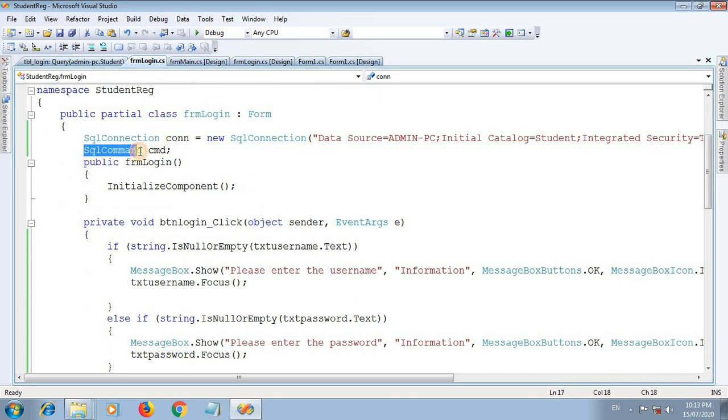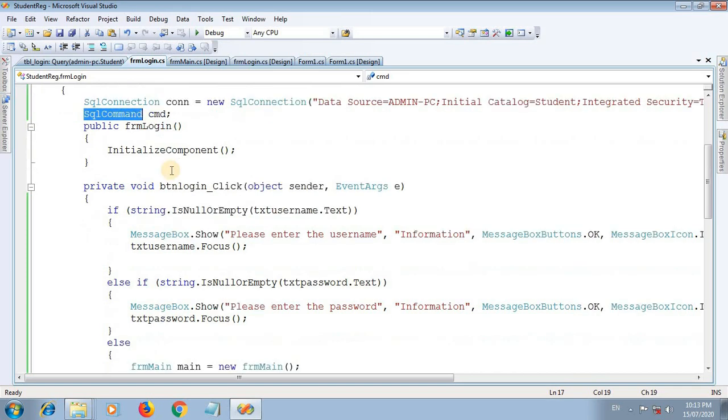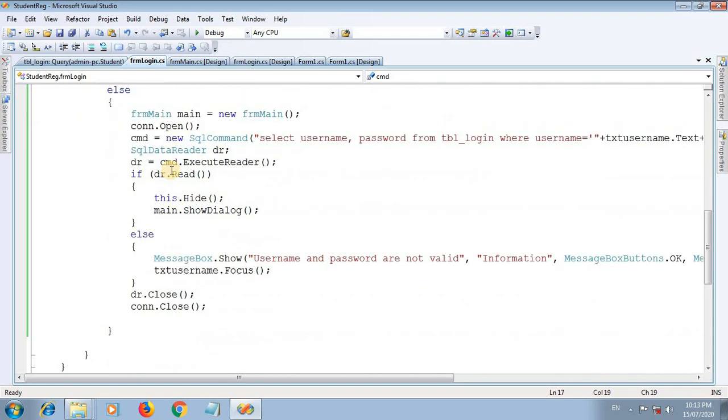You can fire the command by using SqlCommand. There is another class to read data from a database, the SqlDataReader, with ExecuteReader. This ExecuteReader can be used with a select statement.